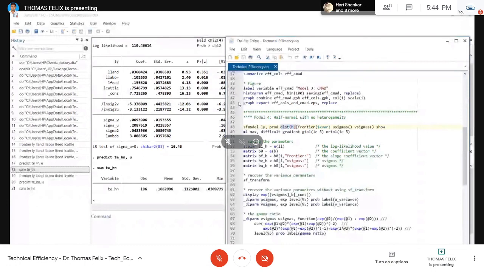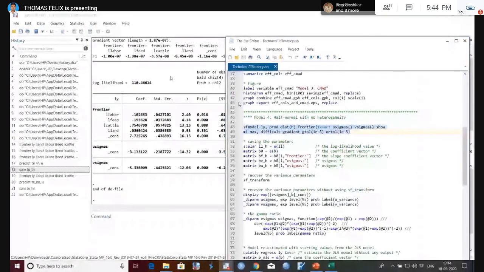Earlier we derived the gamma values and lambda values with the inbuilt functions. Actually, it is in the menu driven function, so we just clicked and got the results. We can also use the step-by-step method. We can use the step-by-step method for calculating the gamma, the lambda, sigma square u, and sigma square v. For all of these we can use the step-by-step method.